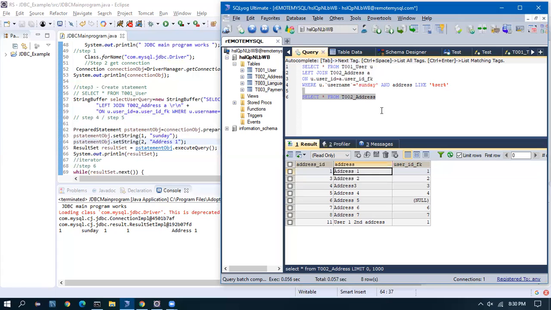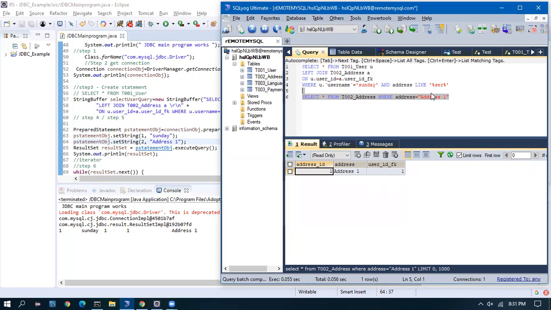It can be anywhere. In that case, what I will do is, first, if I want to fetch the value which is having address 1, I will do an exact match where address equal to in double quote, which is an exact match. It has to be ADDRESS space 1. Because I have a space there, I need to give space 1. This is an exact match. Okay, this you understand. Now, if I give it without space, it is not going to bring that record because it is not an exact match, it is failing.